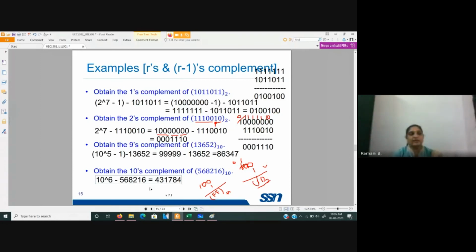Okay? Because with 1 followed by 6 zeros, you need to borrow, so on the most significant one you cancel. So except for the least significant, everywhere else a 9 comes. At the least significant you will have a 10. So we are doing the subtraction such that only the least significant value is subtracted from 10. So 10 minus 6 gives 4, and for this 5 6 8 2 1 I will be subtracting from 9. So I will have 4 3 1 7 and 8. So this will be the tens complement of this number.